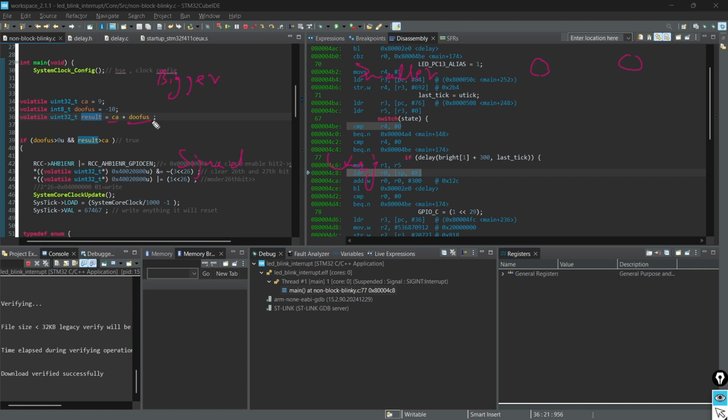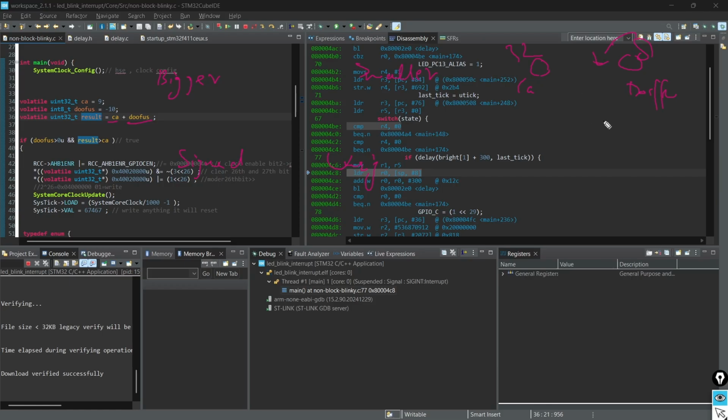Here we have CA and Doofus. Clearly, CA is 32 bits, and Doofus is 8 bits. So first we do integer promotion, and after integer promotion, if there is still a sign mismatch, one unsigned and the other signed, we treat both as unsigned.